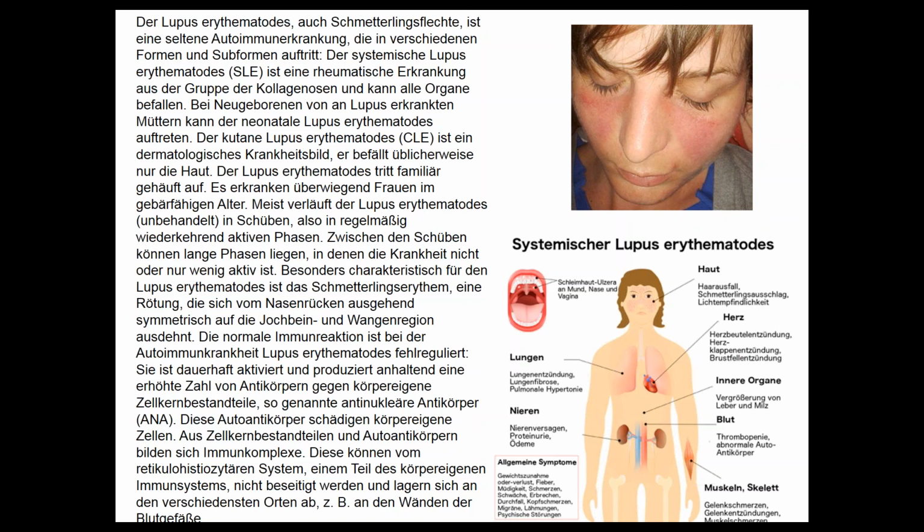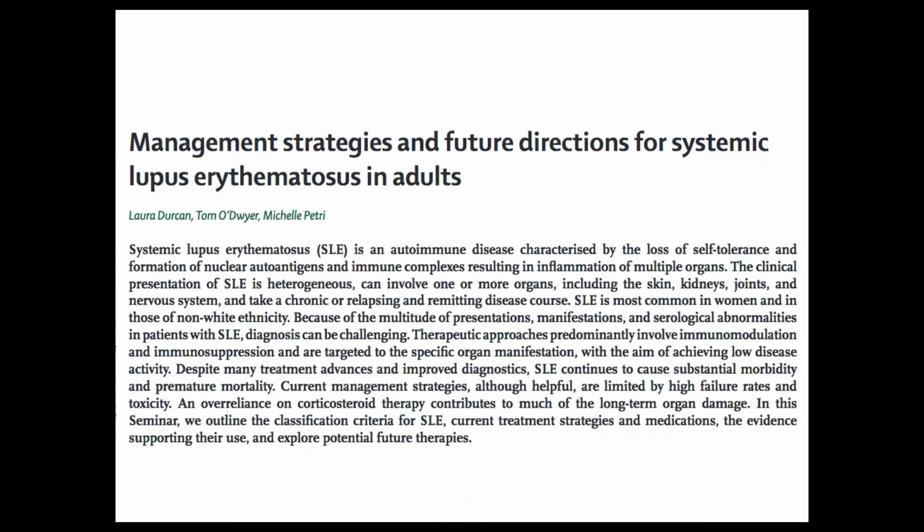End-stage renal disease can result, but the heart can also be involved, the lungs, the musculoskeletal systems, and of course, arthritis. And so the first review concerns management strategies and what the future directions for SLE might be in adults,